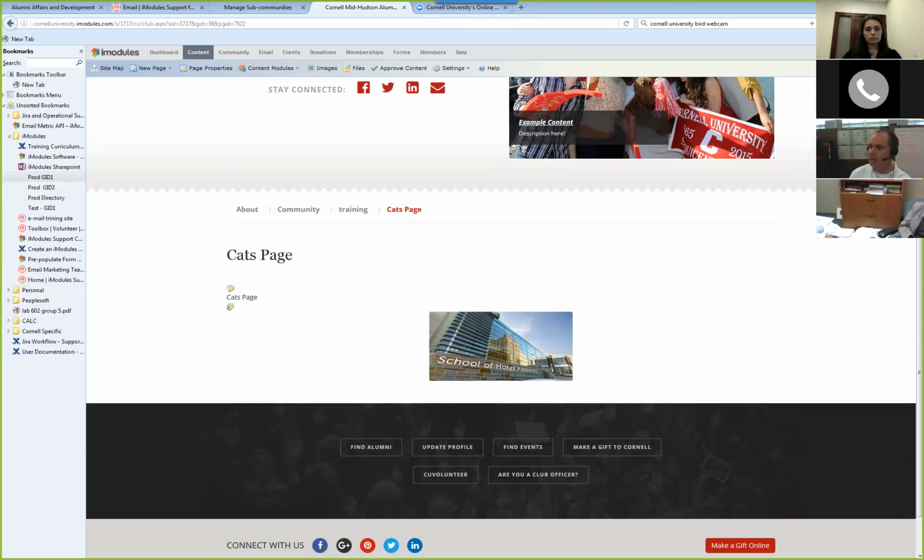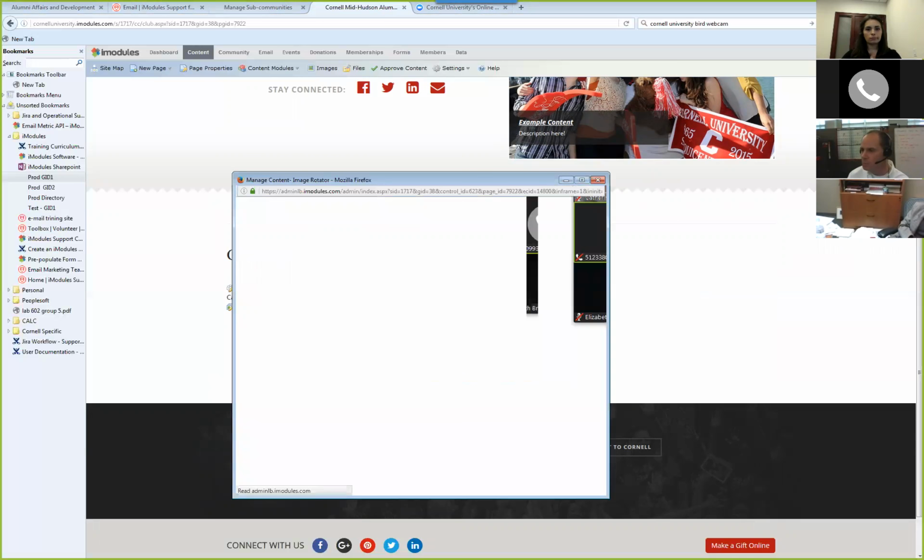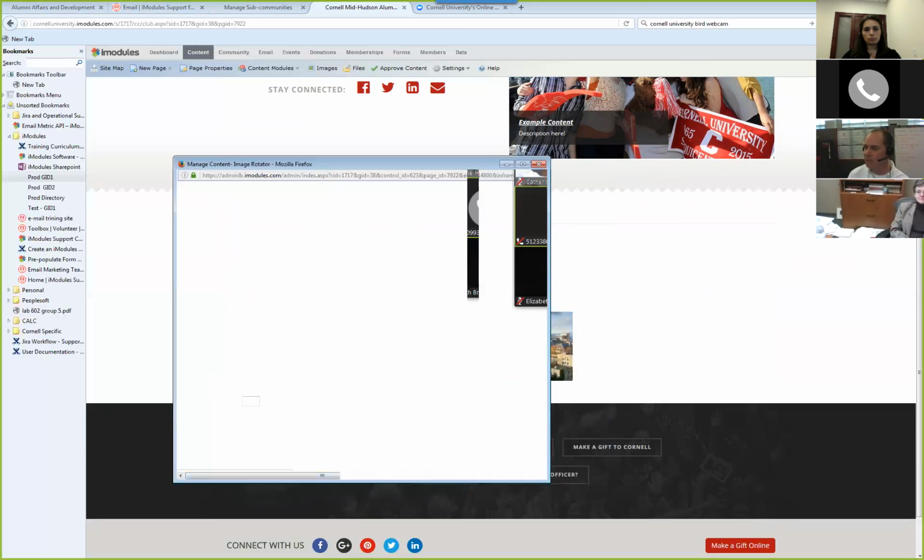Well, Ron, we went from a big picture to a small picture. How do I get this to be the right size? Let's click again. I'll draw this over here. The page has to redraw, my little icon has to show up. I'm waiting for iModules. It's taking a second to redraw.